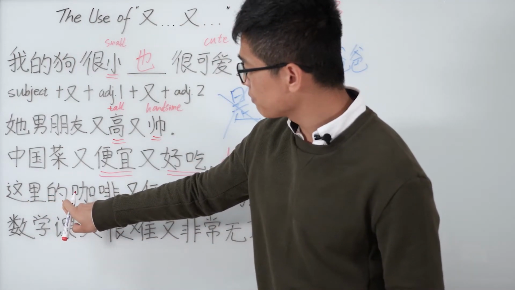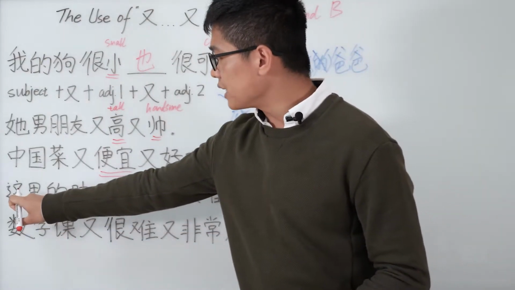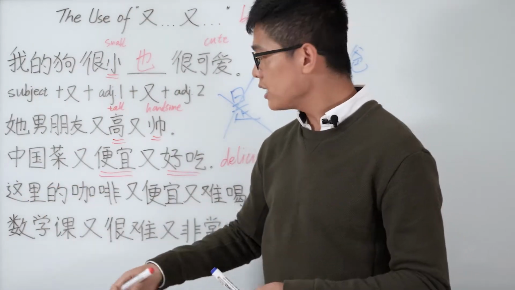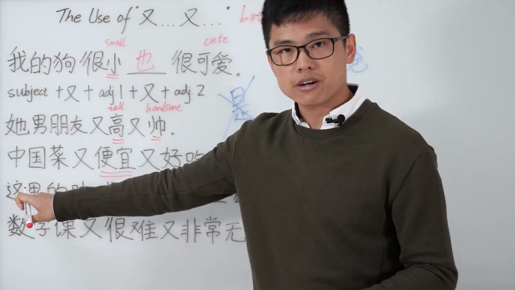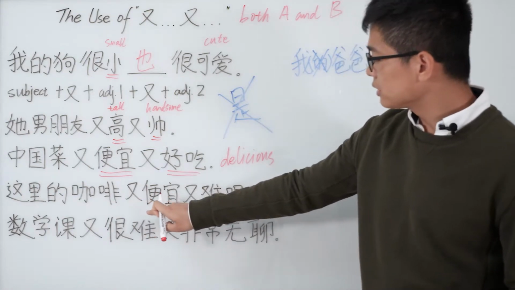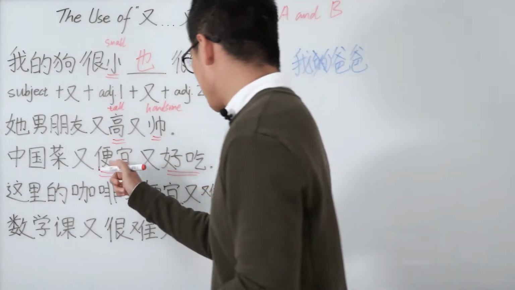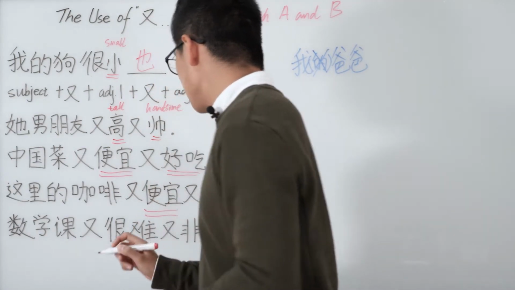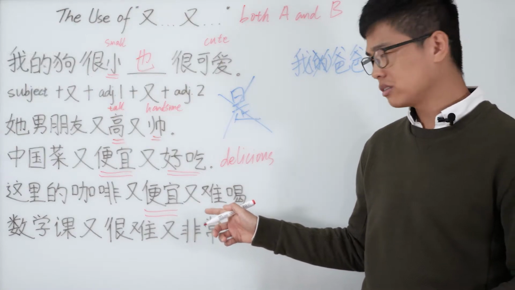这里的咖啡 coffee. 这里 means here, right? So the coffee from here or the coffee here 又便宜 cheap, right? We just talked about it. Cheap. 又难喝